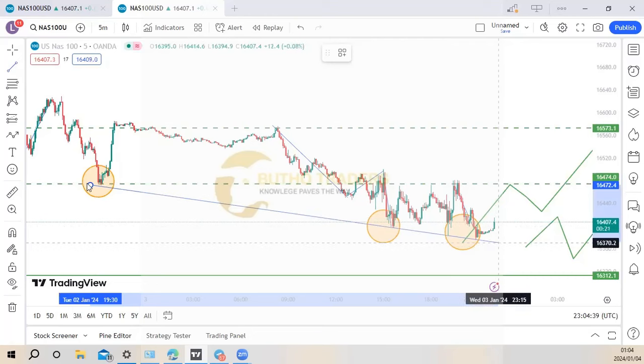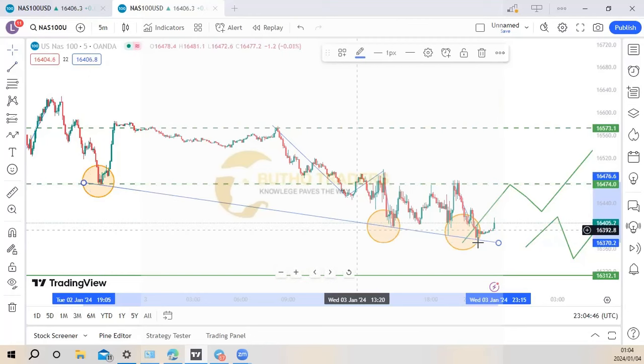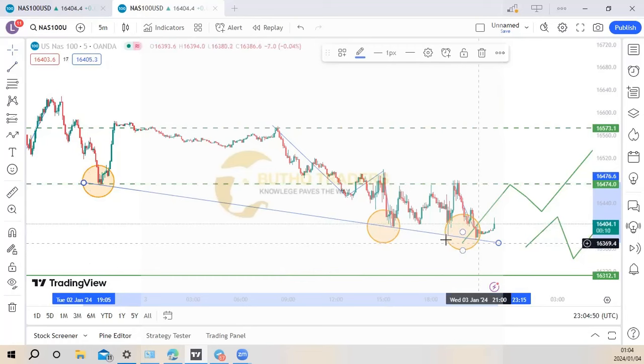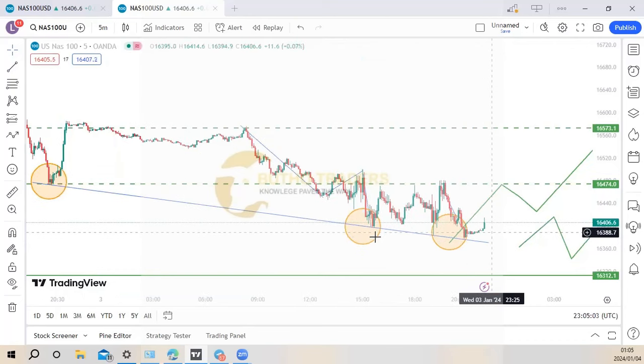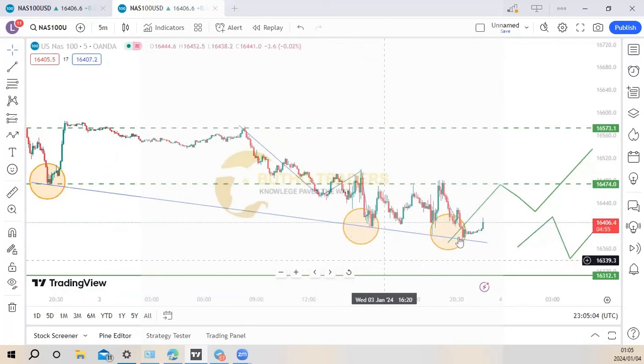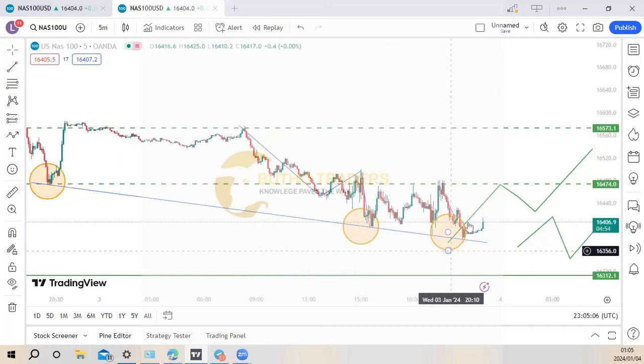Right. First touch, second touch, third touch. Understand? You can take this as the third touch, or you can go like this. So depending on which one you want to work with. You can see now, first touch, second touch, third touch here. What happens? It breaks apart. What do we expect? Buys. We're buying from where? To our previous